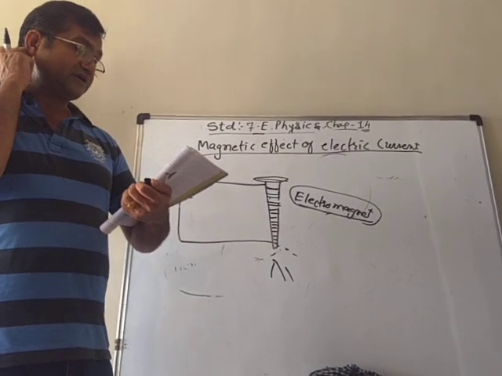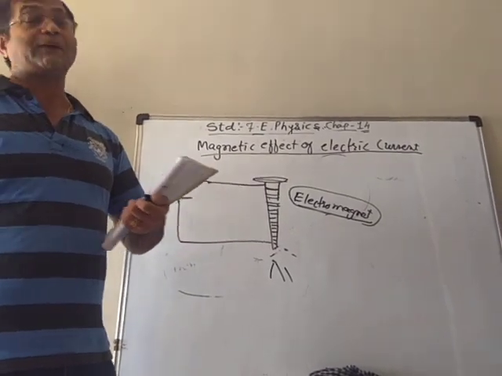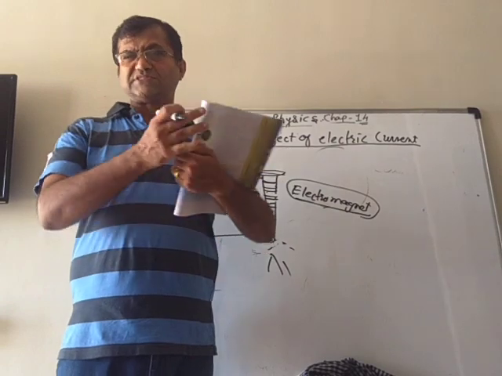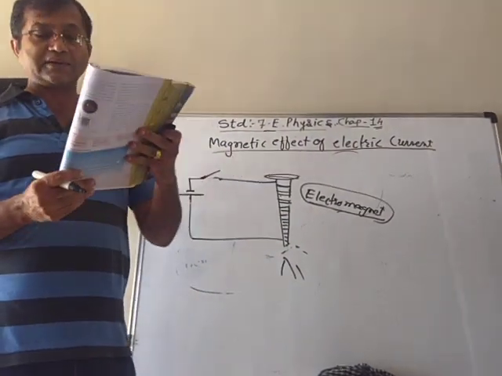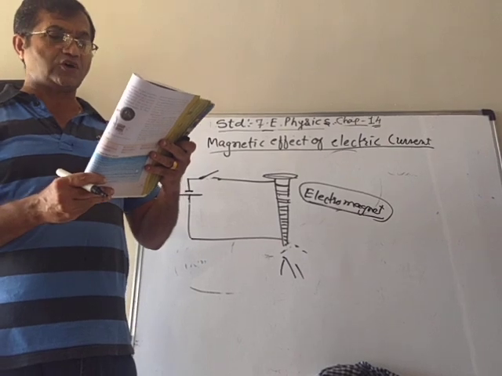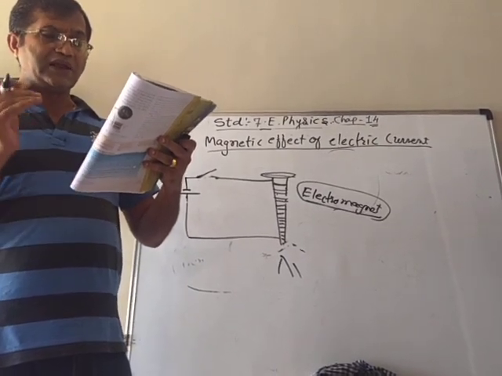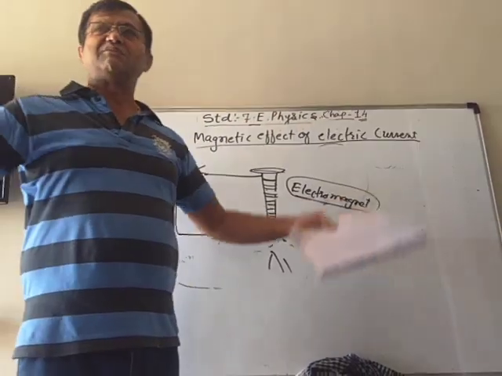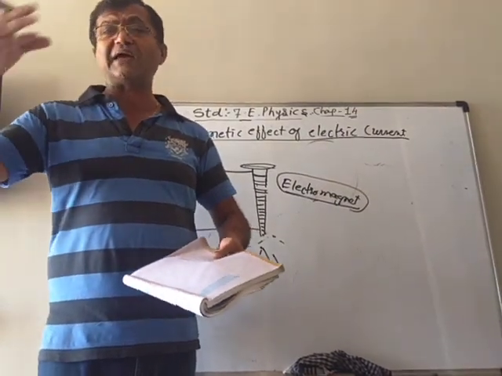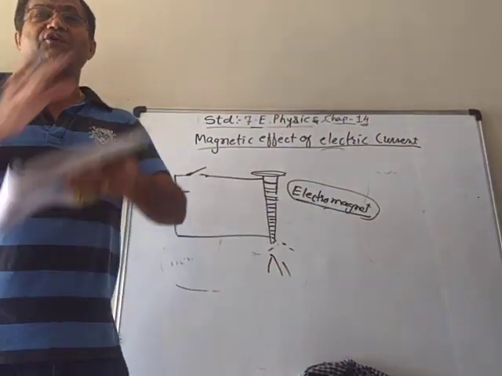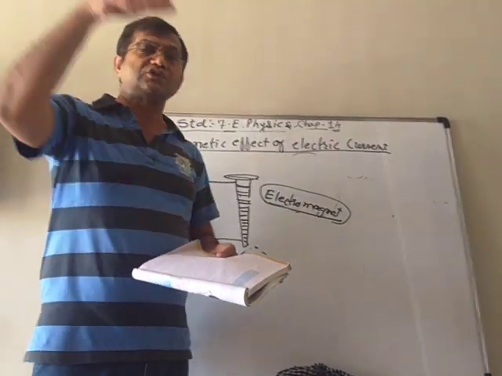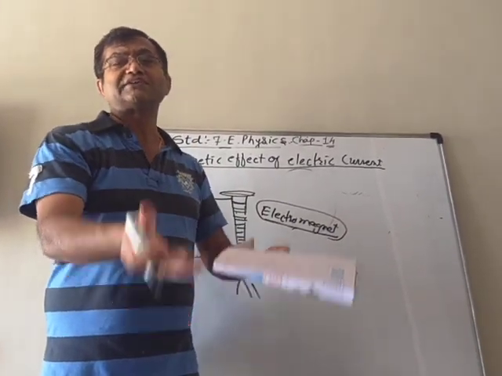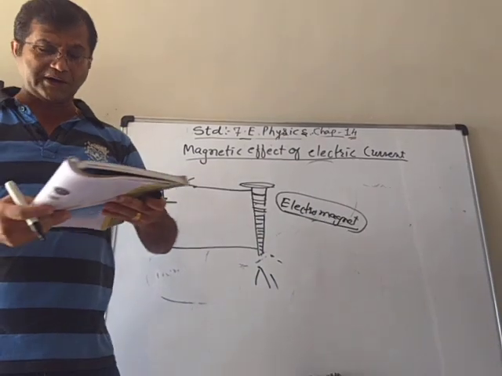Similarly, it is used in cranes also. They are used in electric cranes to separate material made of iron metal from the rubbish. So electromagnets are used in different things. Electromagnets are used to separate magnetic material from the junk. When there is a lot of junk, and you want to separate magnetic material like iron from it, they use these things. When you put it there and switch on the current, all the magnetic material will be attracted, and then you can separate it from the rest.